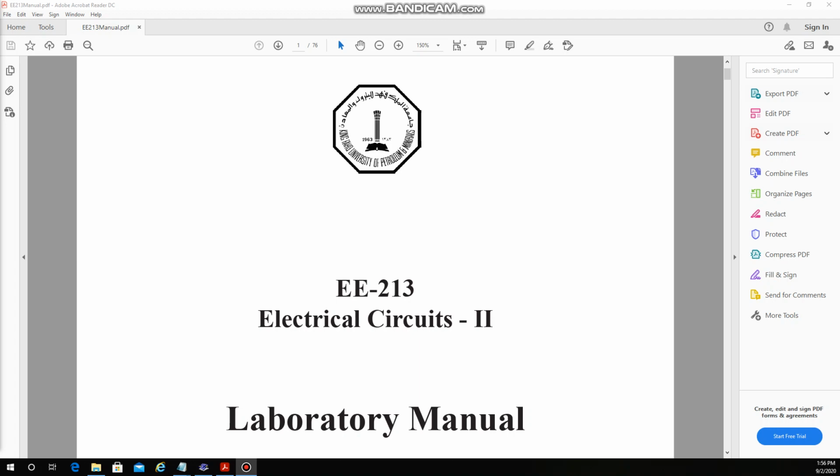Before you continue watching the video, please make sure that you have downloaded the two documents of lab manual and lab reports that were shared with you through Blackboard. Also, please install the Multisim software. That software has also been shared with you. The installation files of the Multisim software